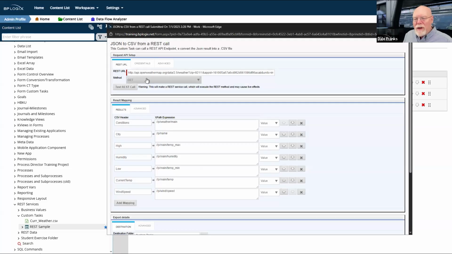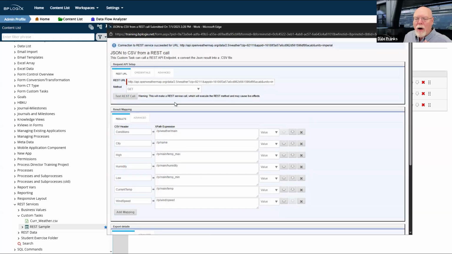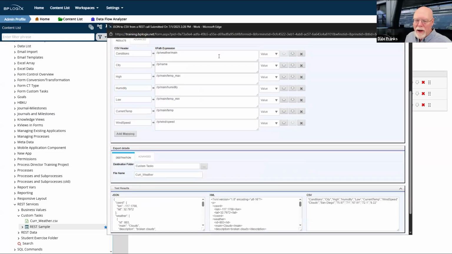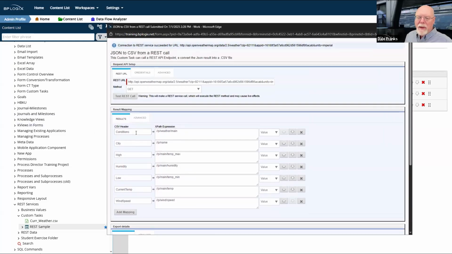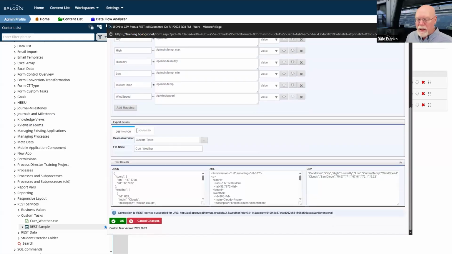Once you have done the REST URL and the method, and if necessary, the credentials, you can click the Test REST Call button. Now, initially, what will happen is that this area here that I have filled out, the result mapping, will be empty.